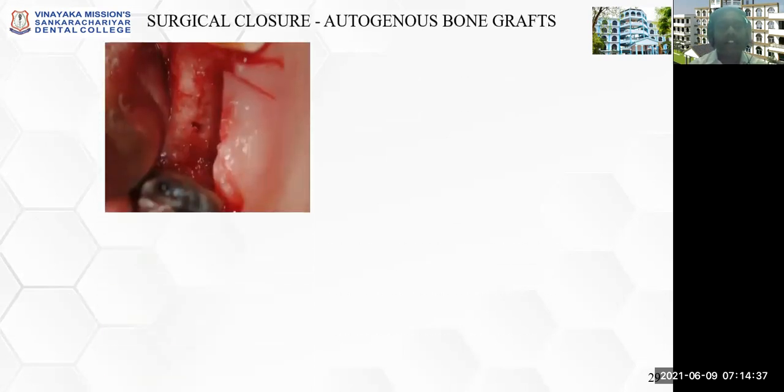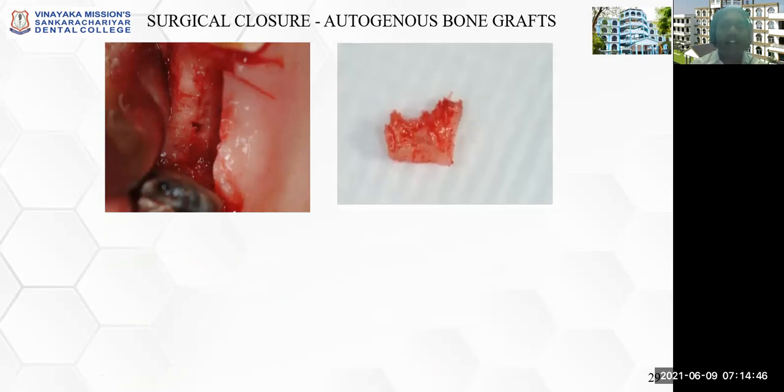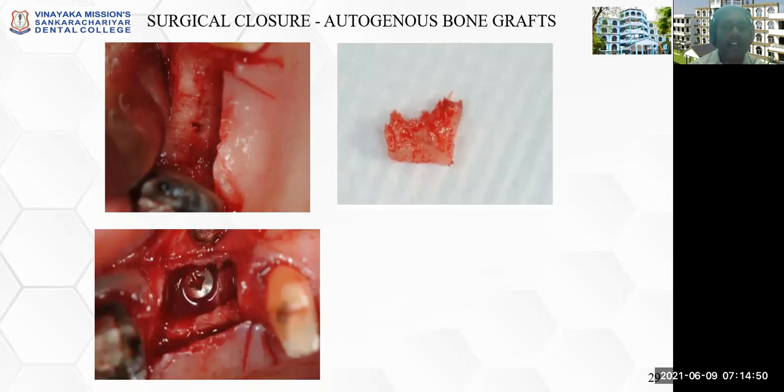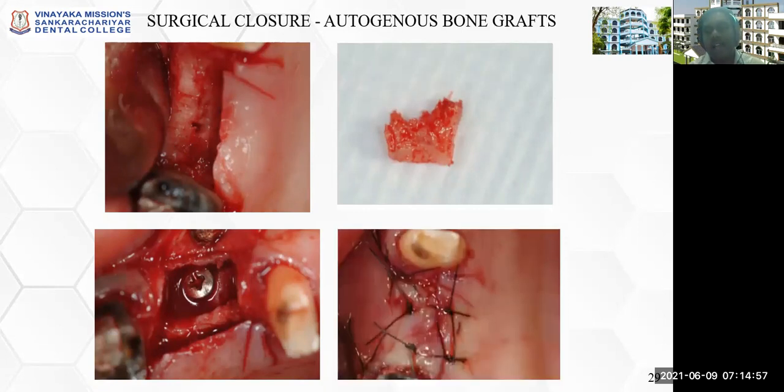So you can see the picture. You can see the markings there, marking to take a small bone, and with the use of a chisel and mallet, a small piece of bone has been harvested, kept on the oroventral fistula region, and secured with a screw. A buccal flap is raised again and closed. So you are closing the fistula using a bone, and on the bone you are keeping a flap also.